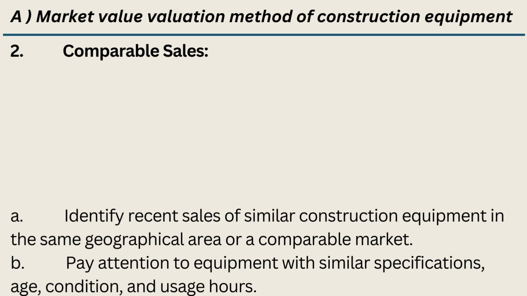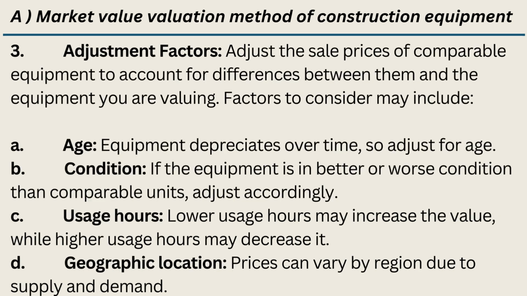2. Comparable sales. A. Identify recent sales of similar construction equipment in the same geographical area or a comparable market. B. Pay attention to equipment with similar specifications, age, condition, and usage hours. 3. Adjustment factors. Adjust the sale prices of comparable equipment to account for differences between them and the equipment you are valuing. Factors to consider may include: